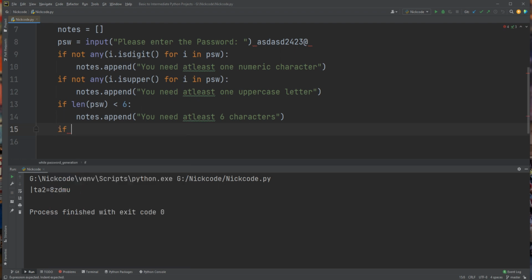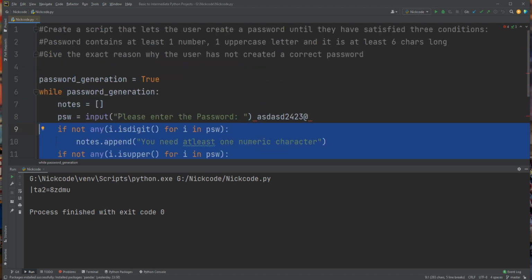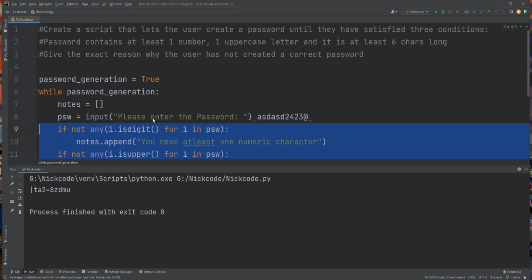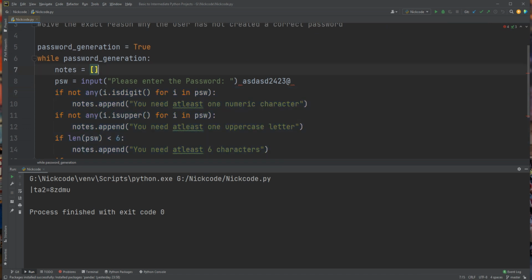Okay, and then suppose all of these conditions are met, which means our password is fine, and hence there won't be anything in this notes list.